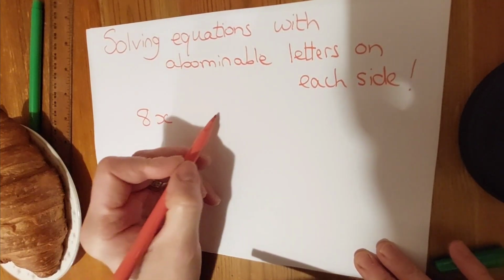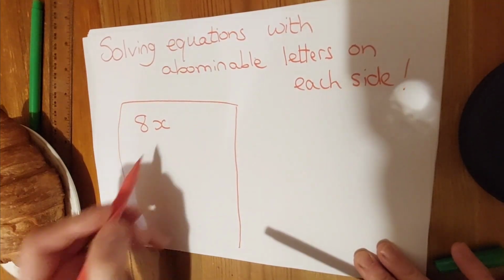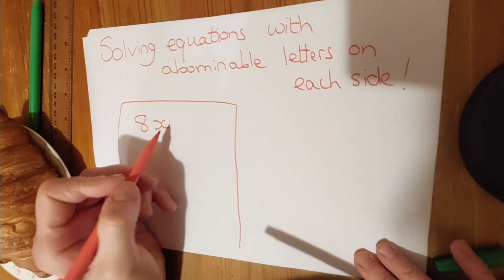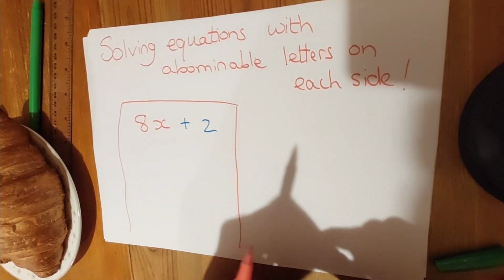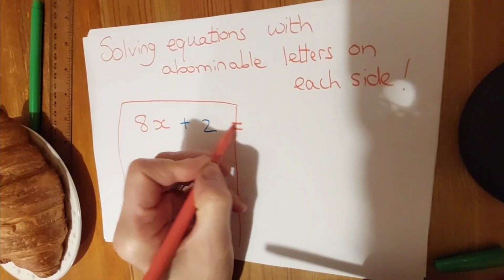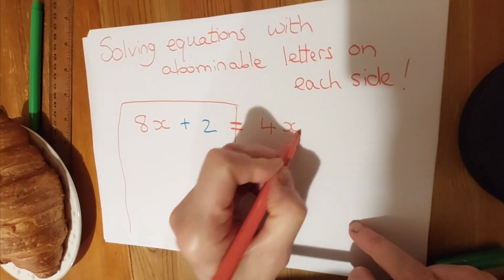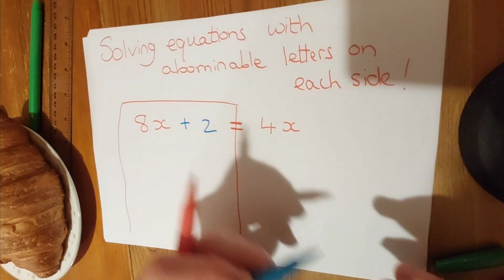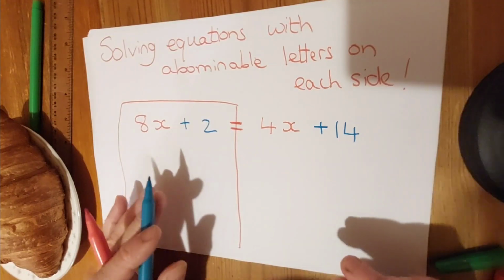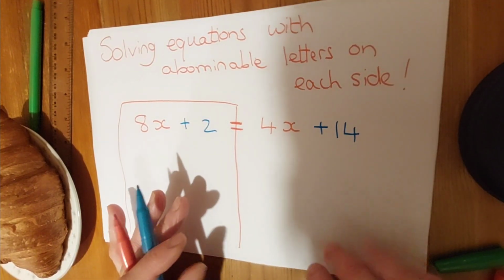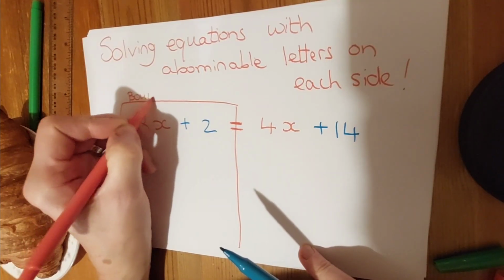8x, this is the boulangerie, by the way. That's the boulangerie here. Okay, so we've got the croissants here, right? 8x, so 8 croissants, yeah. Plus, we'll write 2 equals 4x, I mean 4 croissants, plus 14. You might get something like this, and you might think, what am I going to do with all this, yeah? Right, what we need to do is, that's the boulangerie,